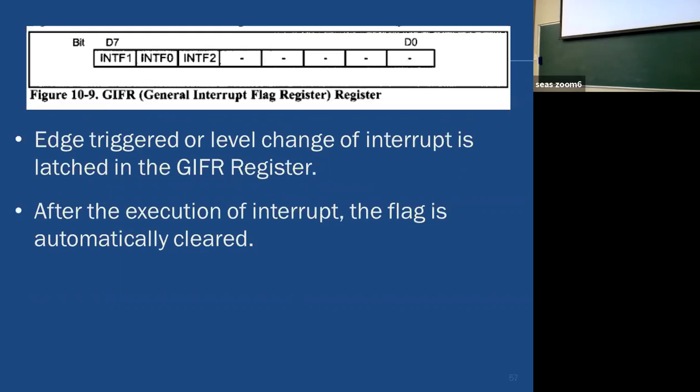After you receive it, then what happens? They are latched in the GIFR register. The control will go to the subroutine. Once the subroutine is completed, it will clear the flag. Then you may activate again. Then it will read whether we have input or not. So it will complete that routine. Does it answer your question? And what happens if you keep it pressed? Will it automatically run in that loop? Well, it will complete. We'll come back and check after the ISR is completed. All right. Fine.